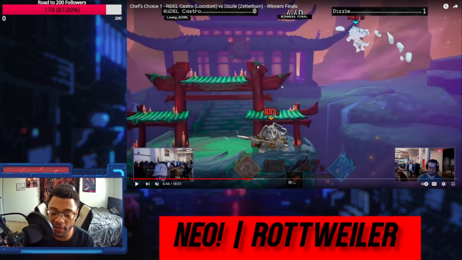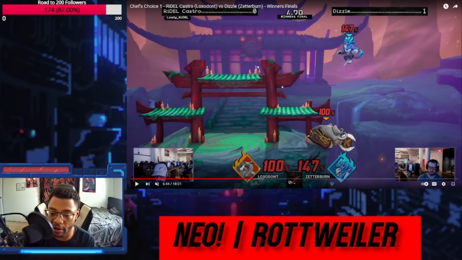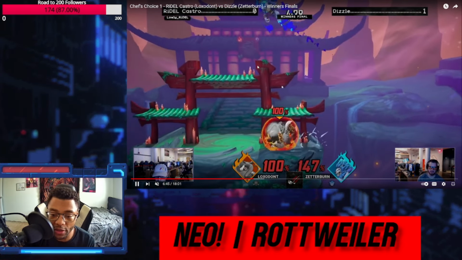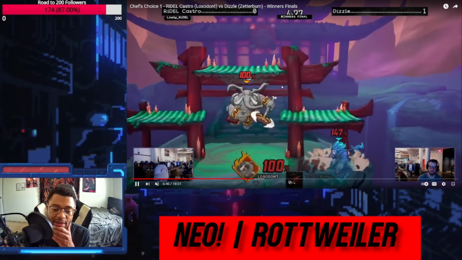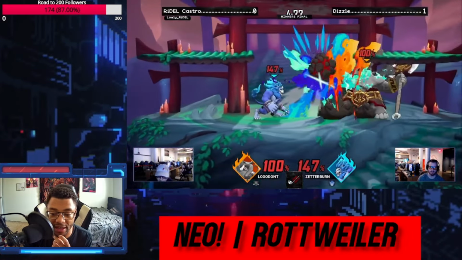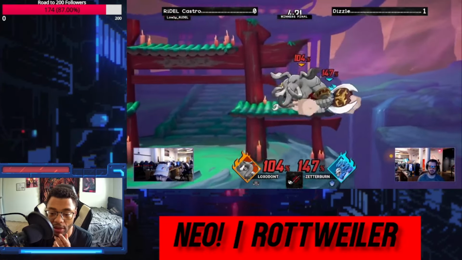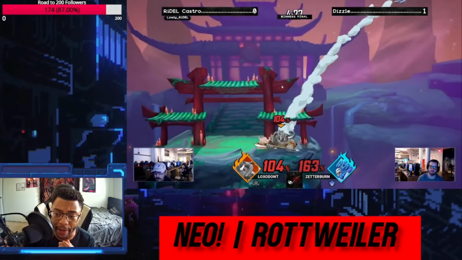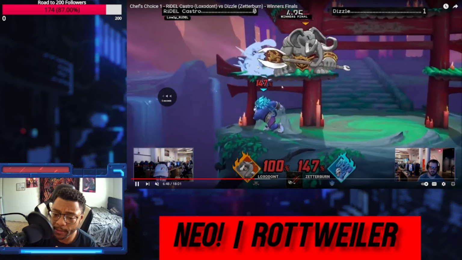And then this knocks him off stage, and you know damn well if Zetterburn fire up smashes you, you're gonna die at 80 to 90. And who's the heavy here? That's what I'm saying. That should never be the case on a heavy like this. In my opinion, it makes no sense why, again, Maple does not need sweet spots, but Loxodont does. But regardless,